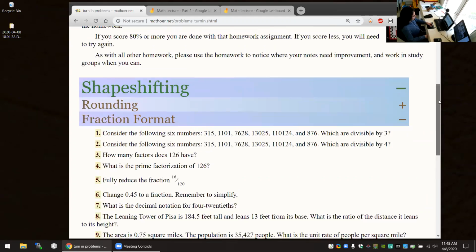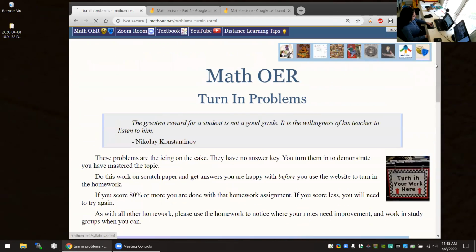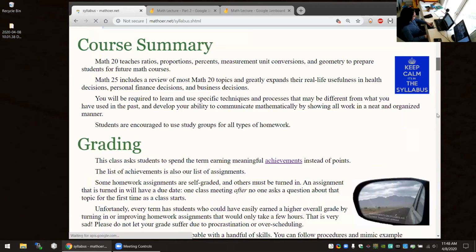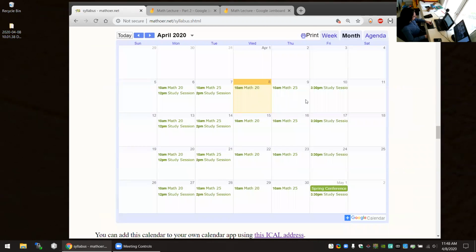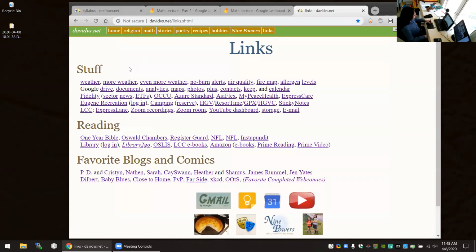With our calendar, we have a study session on Friday at 3:30. I'm not planning to see you at all tomorrow, but if anyone wants to organize something, then you can. And nothing has an official due date yet. When I see you on Tuesday, I will ask, does anyone have questions on